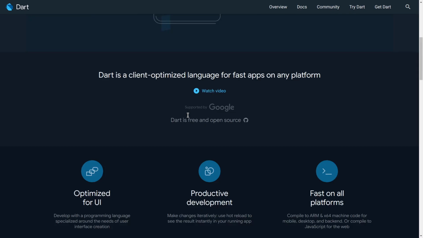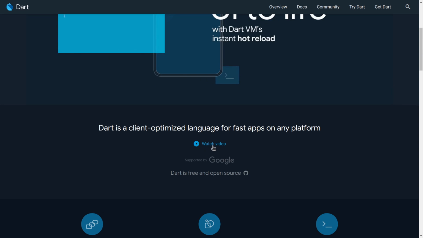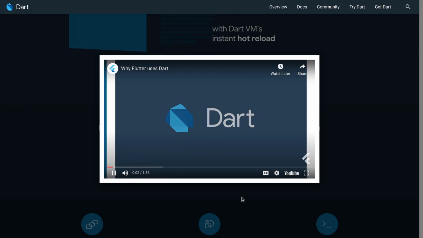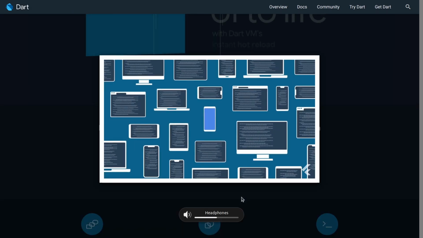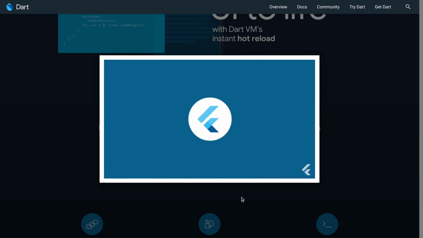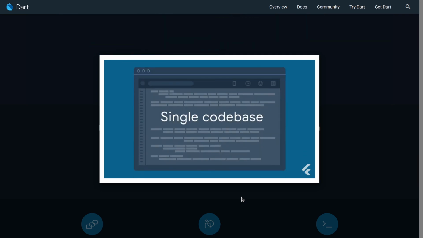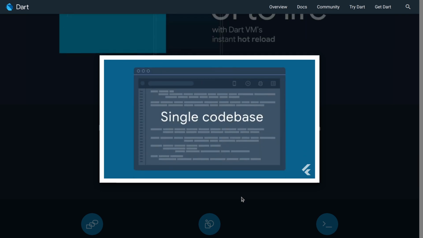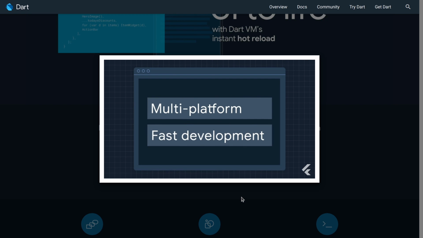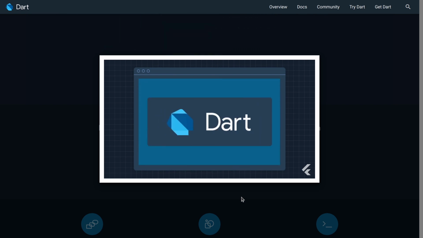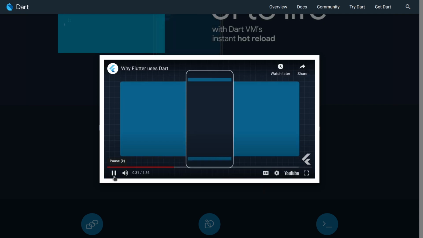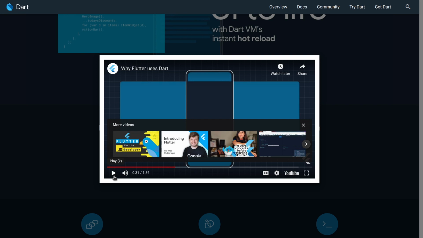So what else can we see here? There is one video. Watch video. Let's watch it. In today's world, you need to build for many platforms to reach all your users while maintaining quality to keep them happy. Flutter enables you to ship an application for Android, iOS, and the web from a single codebase. To do this, Flutter needs a programming language that works on all these platforms and gives you a fast development experience. That's why Flutter chose Dart. Let's take a look at how Dart enables you to develop a Flutter app quickly and deploy it to multiple platforms. If you're developing for